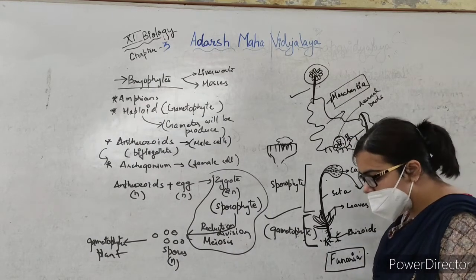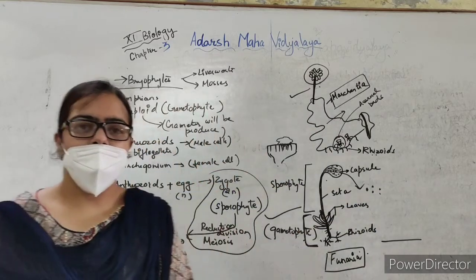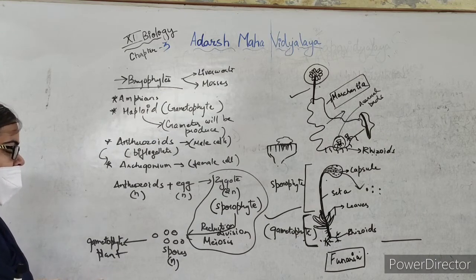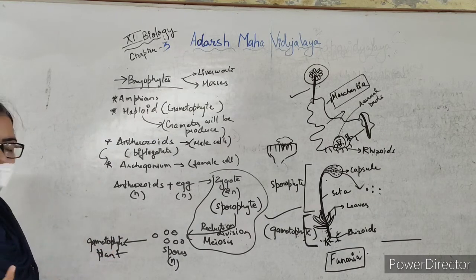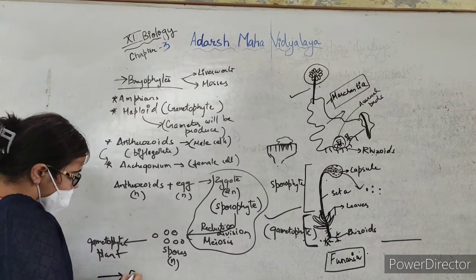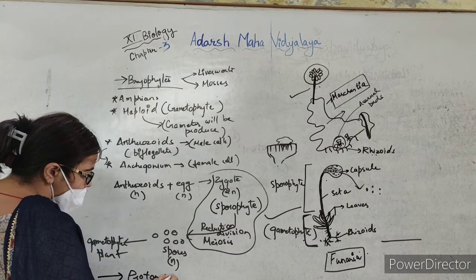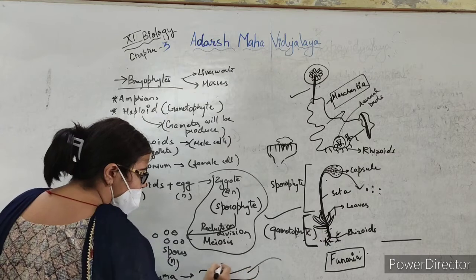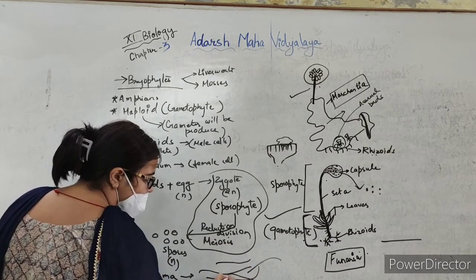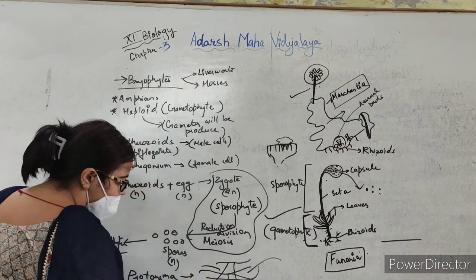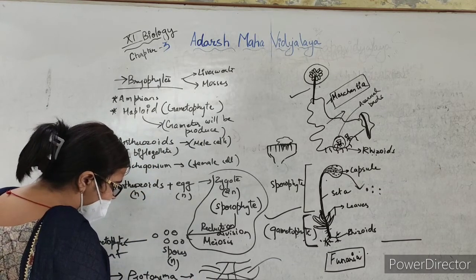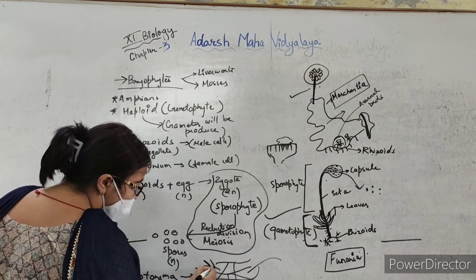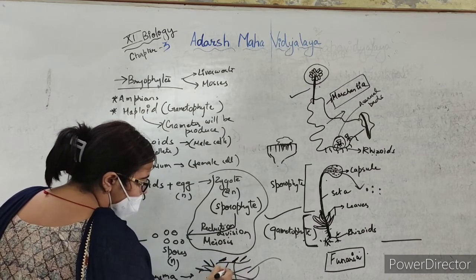Now when we talk about the mosses, two particular stages are there. One is the creepy stage, that is the filamentous creepy stage, the protonema stage, and the other is the leafy stage. Now what will happen first, when the spore germinates, you will see some filamentous structures, a mesh-like structure will be there, and after that we will have the leafy stage, in which small leaf-like structures will be formed, which are not actually leaves,